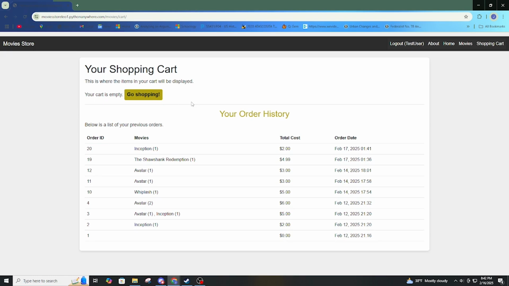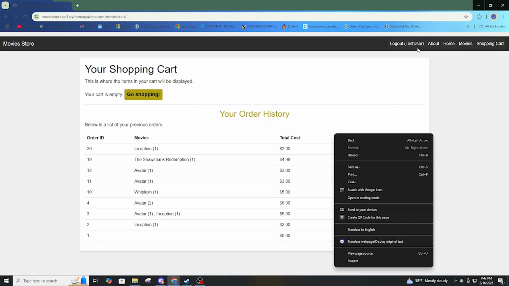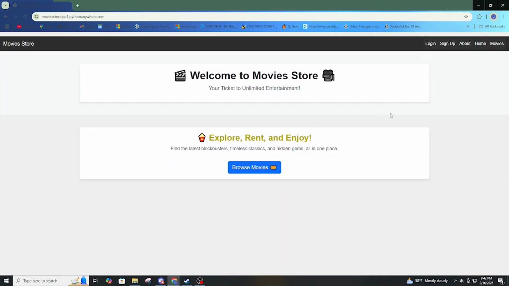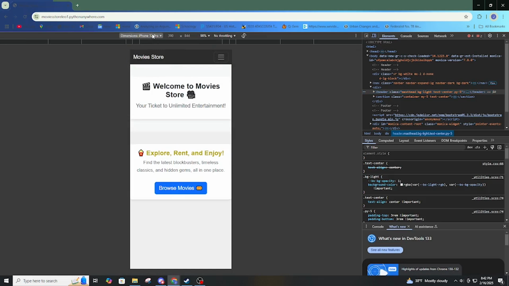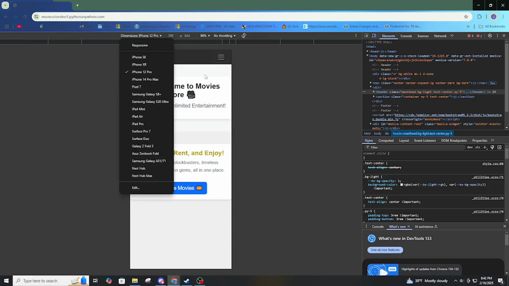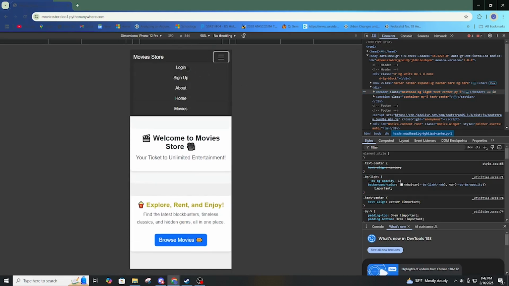And finally, for user story 17, as a user, I want the Georgia Tech Movie Store to feature a responsive graphical user interface, GUI, so I can access it through different devices with diverse screen sizes. So if we're to go to this website, go to inspect element, go change up our different format, we can go into iPhone 12 Pro, and we can showcase the different pages on our